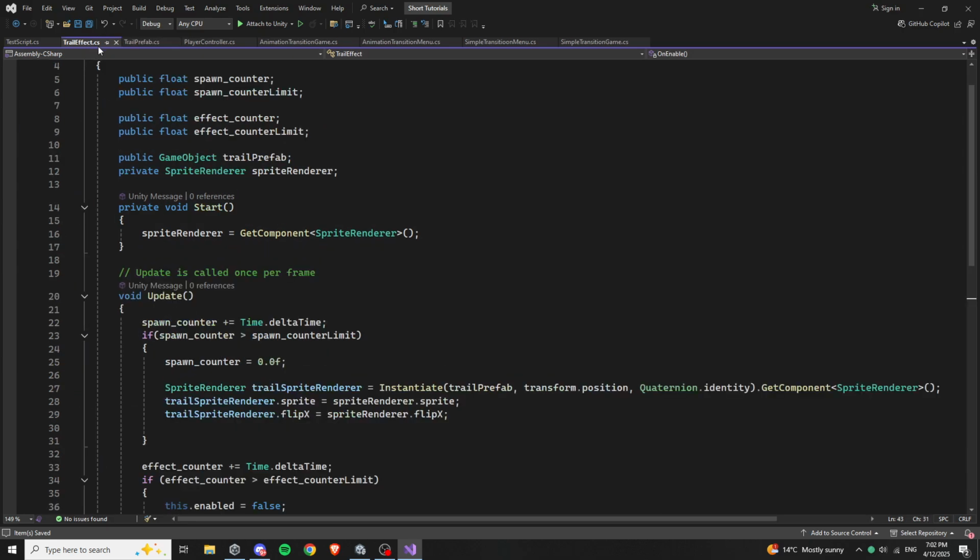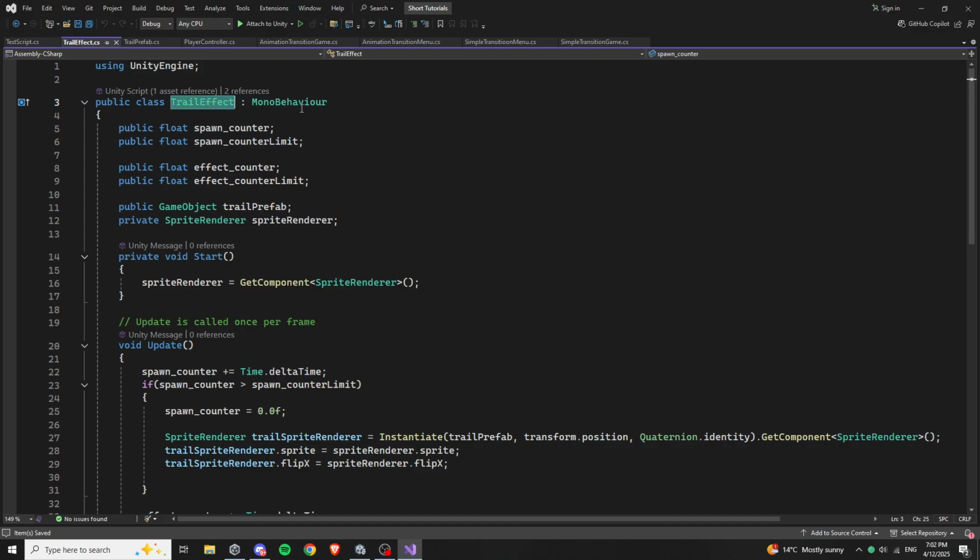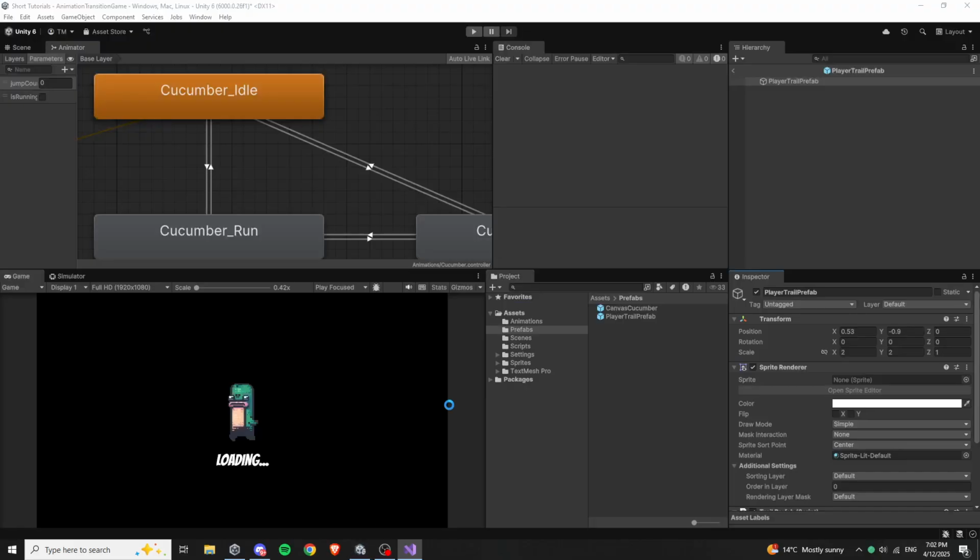Okay, so this here is the image that fades, and we spawn those. And here is the trail effect script. So with this, we spawn the sprites that fade. So obviously we have a counter for how often we spawn those here, and we have a counter for how long the effect lasts. So we need that prefab, the object that we saved with just a sprite renderer and the script that fades it. So this is a variable of type GameObject, and you see it is public